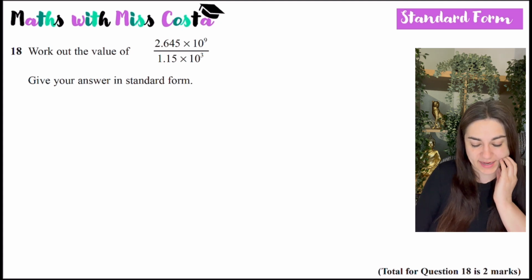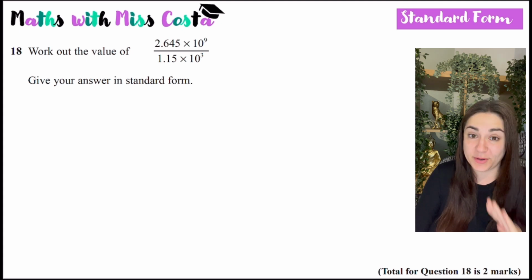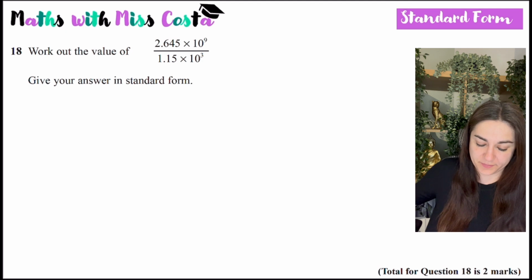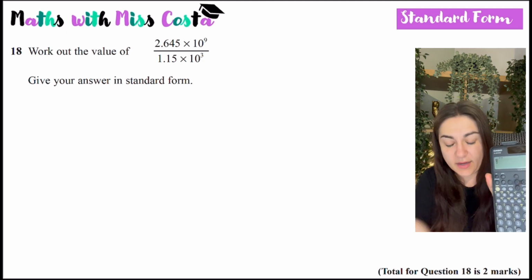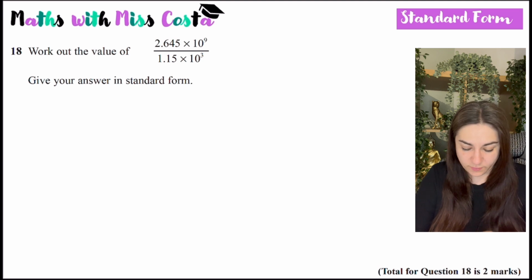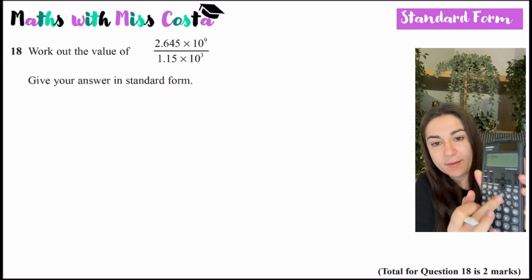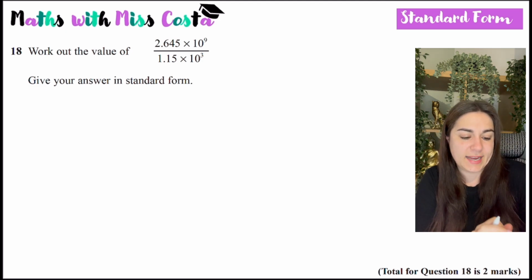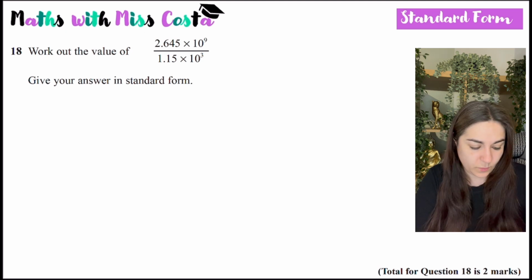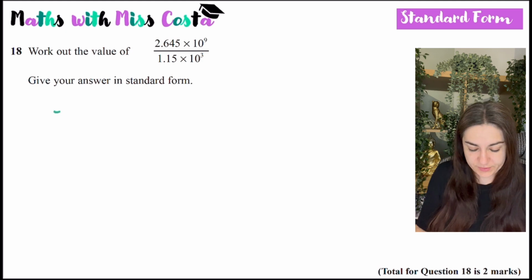Okay, next we've got a standard form question. So this is a calculator question, so we can just type it into our calculator. So you use the fraction button, you type it in 2.645 times 10, and if you don't know how to do the power of, you press that button there where it's like a box and then a thing on top of it, and we write 10, use the arrow, go to the power of 9 over 1.15 times 10 to the power of 3, which gives me